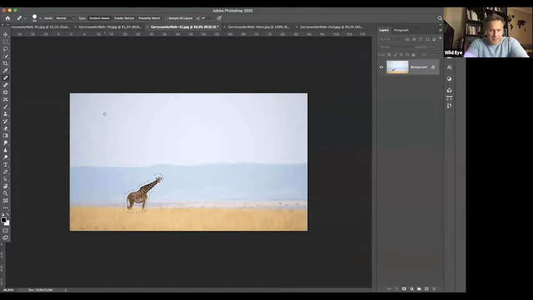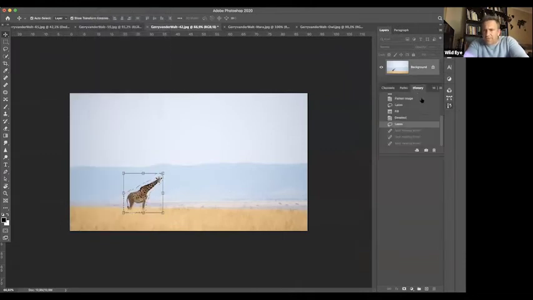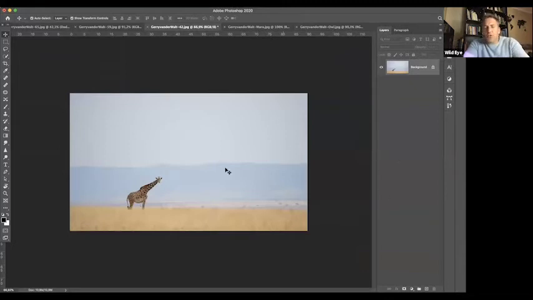But let me quickly, I'm going to deselect. Hang on. I'm going to take this file back to original status. Let me just open my chat function here so I can have you guys on board for this. I just want to show you quickly, if you are lazy and you don't do the lasso tool, you can also do the following. You can just take this, what's it called?